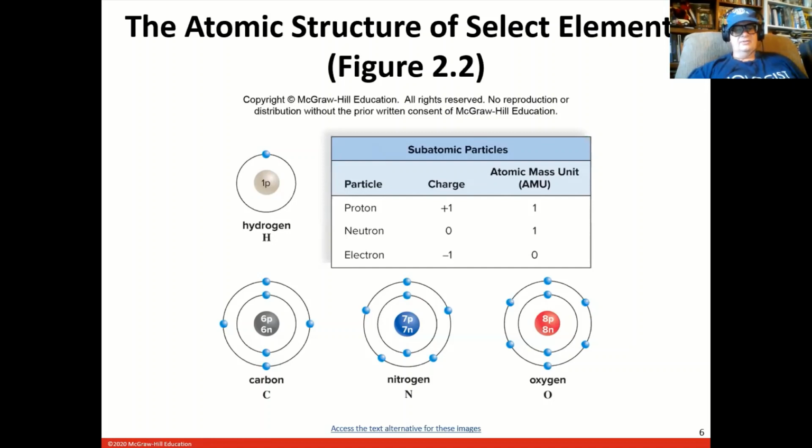All right, nitrogen, you can see, and while we're talking carbon, notice that there are 6 electrons around the outside, but they're arranged in shells, like layers, okay? Layers like in an onion. When you cut through an onion, you see a ring and a ring and a ring and a ring inside. Okay, so we have a nucleus in the middle, and then we have a layer around it that can hold a maximum of 2 electrons. That's true not just for carbon, you see it in nitrogen, oxygen. That's true in chemistry in general. The inner layer can hold a maximum of 2 electrons. The next one can hold 8,